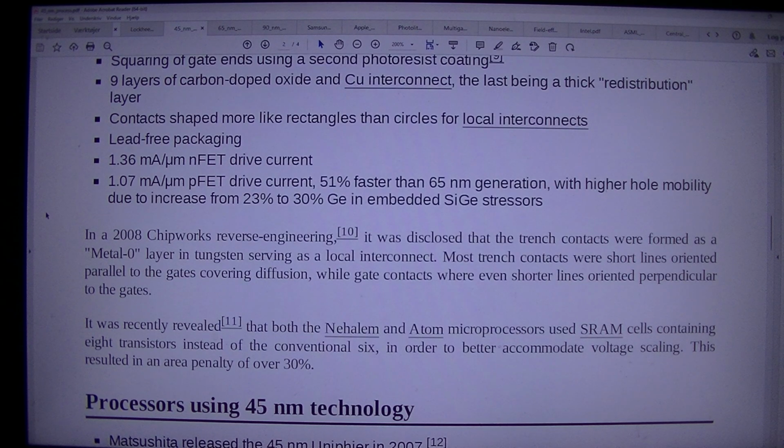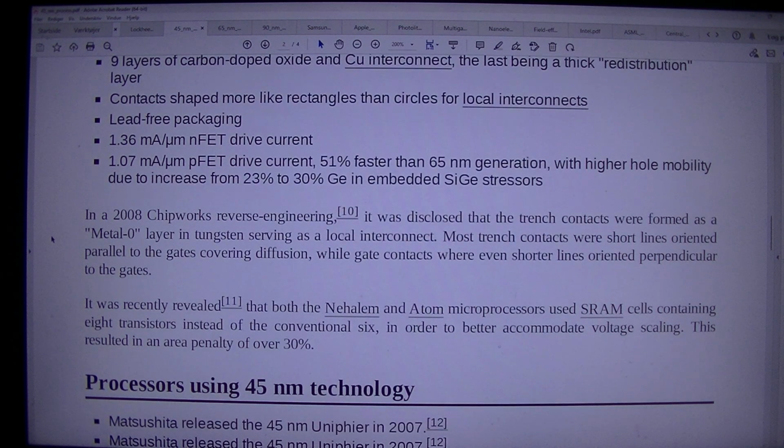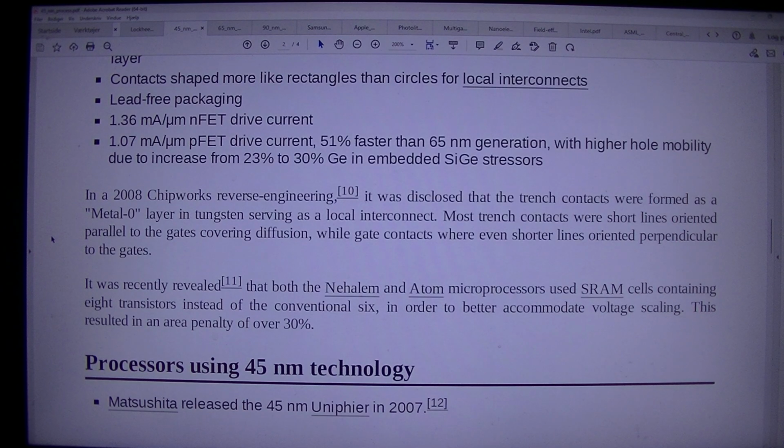1.36 mA/μm NFET drive current. 1.07 mA/μm PFET drive current, 51% faster than 65nm generation, with higher hole mobility due to increase from 23% to 30% Ge in embedded SiGe stressors. In a 2008 ChipWorks reverse engineering 10, it was disclosed that the trench contacts were formed